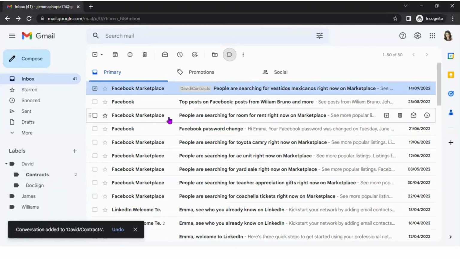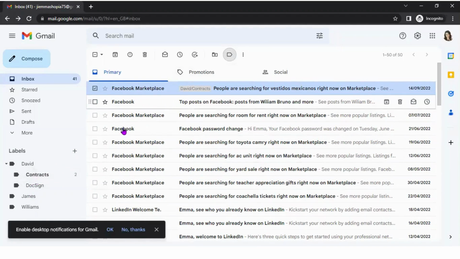The difference between dragging and selecting is that if you drag a message to the label, it will move from the inbox and won't stay here. But if you label a message by selecting it here, it will stay in your inbox. So it is better to drag a message from here to the label,